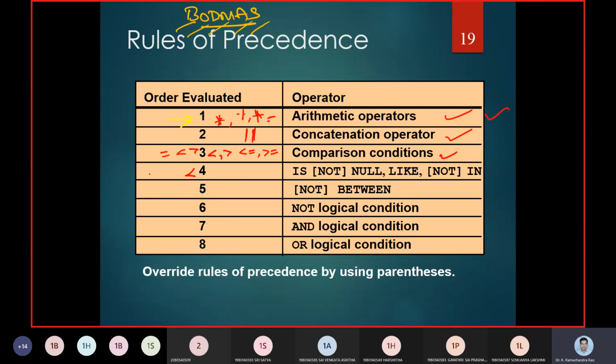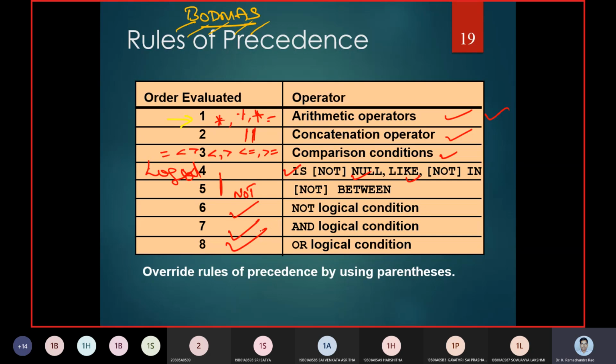Third comes the logical operations, where we see IS NULL, IS NOT NULL, LIKE, and then we are going to see NOT also. So the fourth and fifth deal with negations, and the pure logical operations AND and OR are part of the rules of precedence.